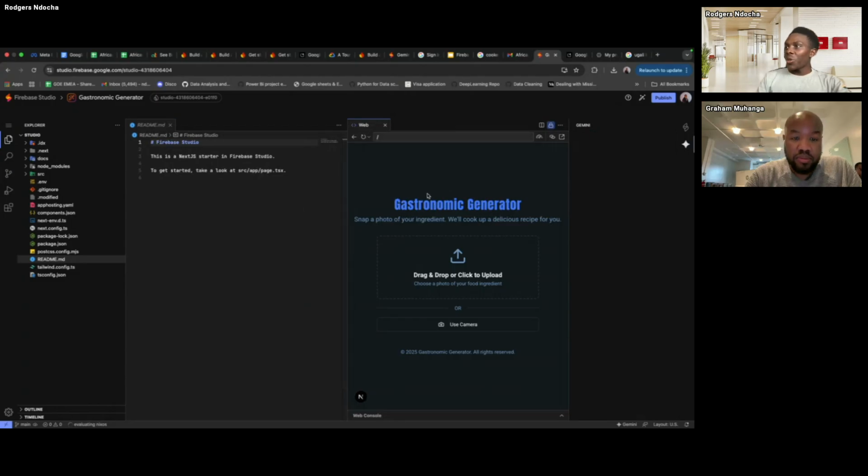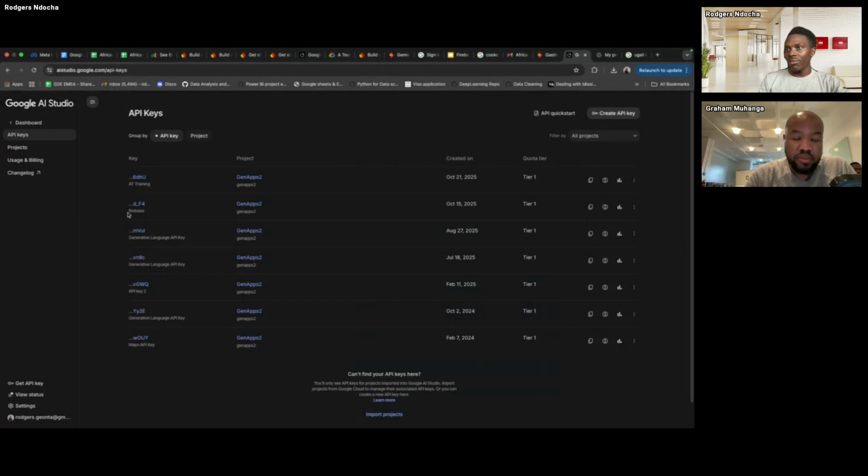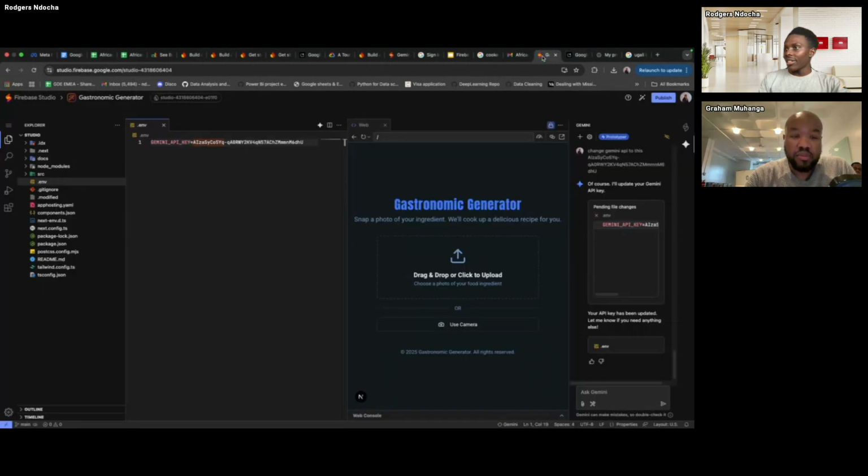Yeah, and also we want to see where specifically our Gemini API key is stored. It's here. If you come to the .env file on this side, you are able to see your Gemini API key, which is exactly the same as the one here. Okay, so on this interface, you have access to code, you have access to web preview, and also you have access to Gemini, your agent, for building.